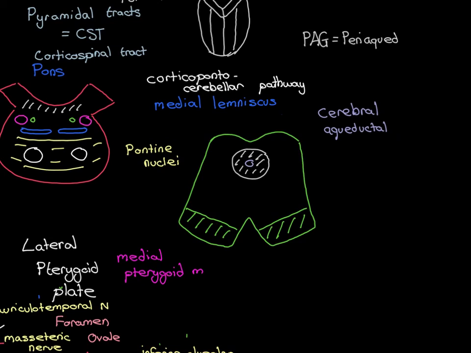Periaqueductal, and of course, peri means around, aqueductal means referring to the cerebral aqueduct, and then grey matter because it's made up of grey matter. So PAG for short. So next major landmark of the midbrain. The substantia nigra is probably something that everyone's heard of before,